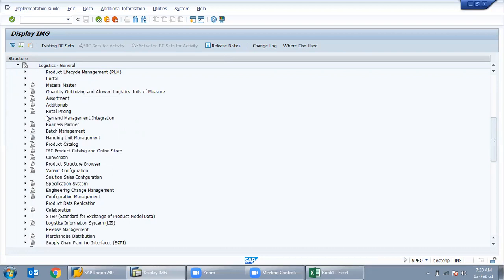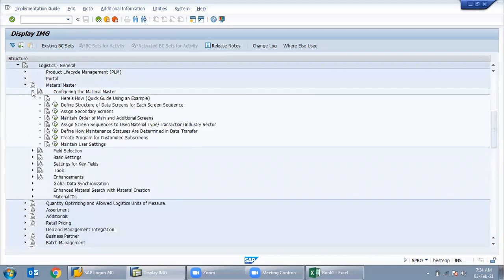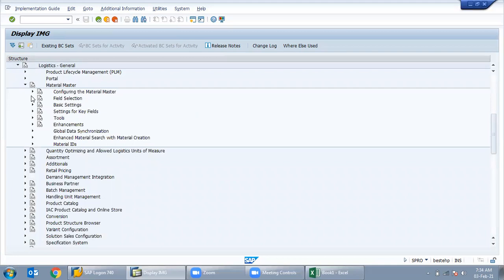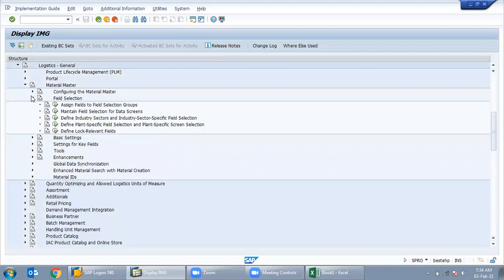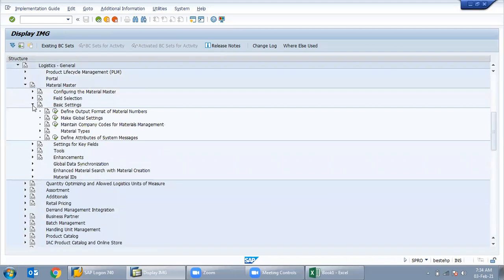Now we are going to create a material group, configuring master data. Material type and material group.